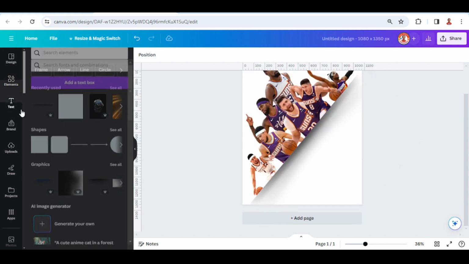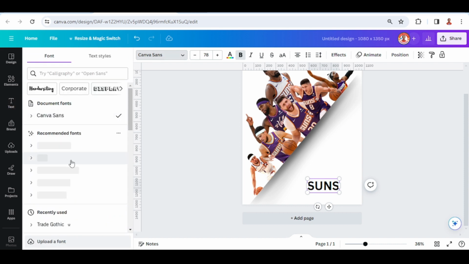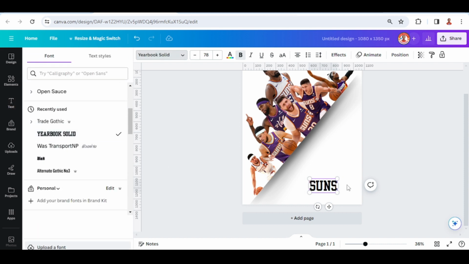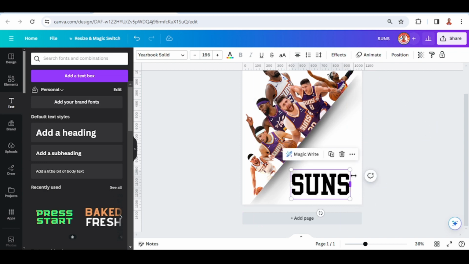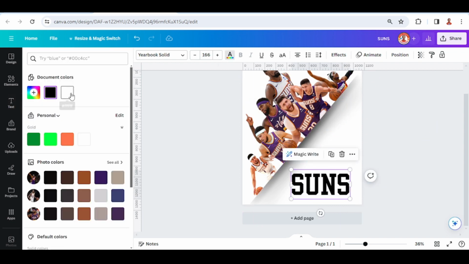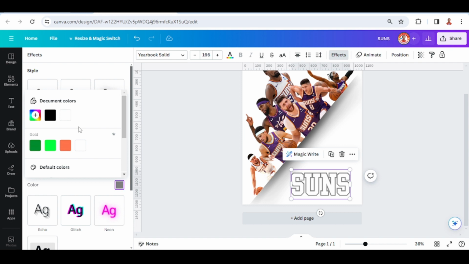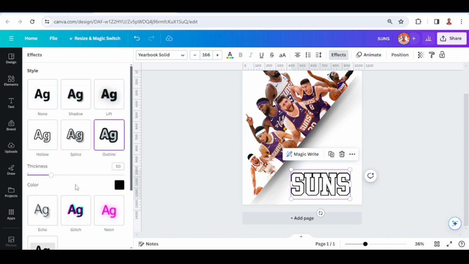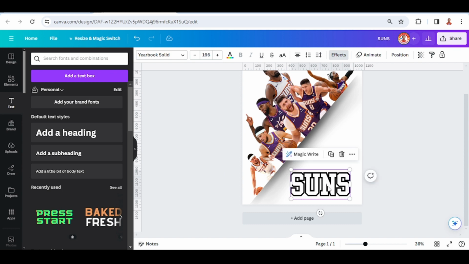Now let's type the text SUNS. I will change the font to Yearbook Solid. And then I will change the font color to white, and then go to Effect and choose Outline, change the color to black, and then add the thickness to 75, duplicate it, place it on the original, and then go to